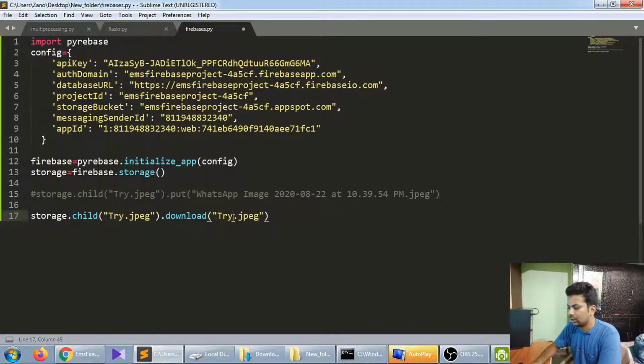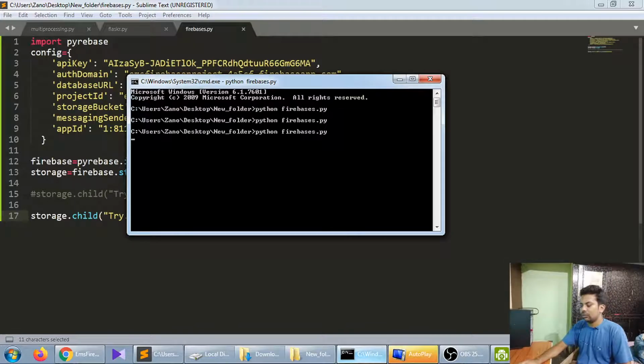And here I have to write downloaded. I just made a switch. Just to make it clear, this section is for cloud storage, and this is for your local path. So in the cloud, the file name is try, and I want to download it with the name downloaded. Now just save and run it.